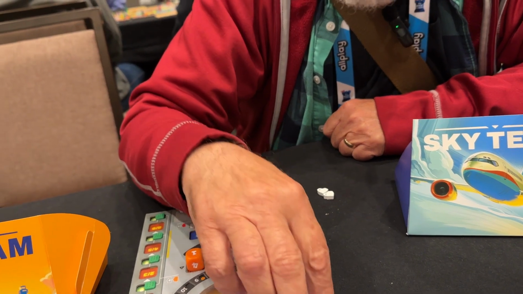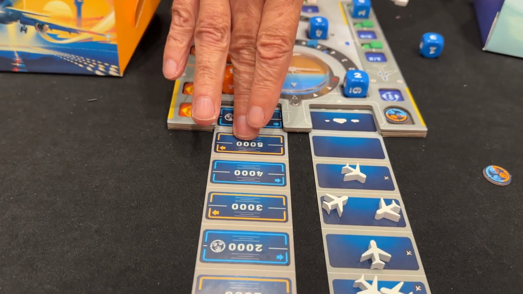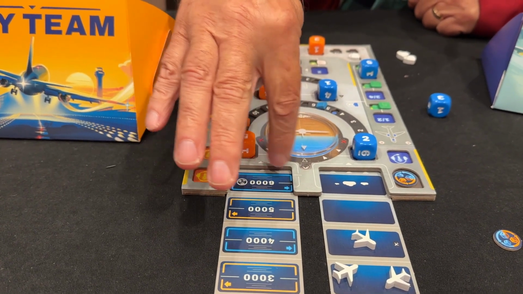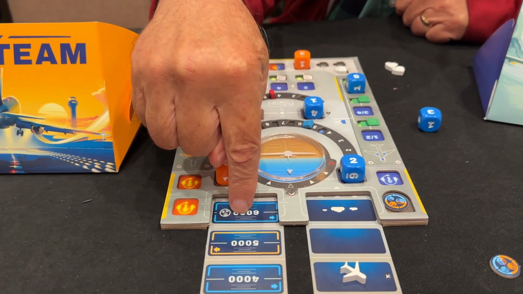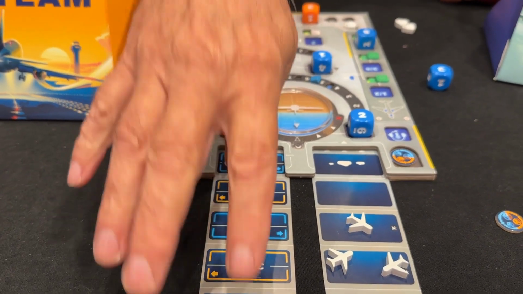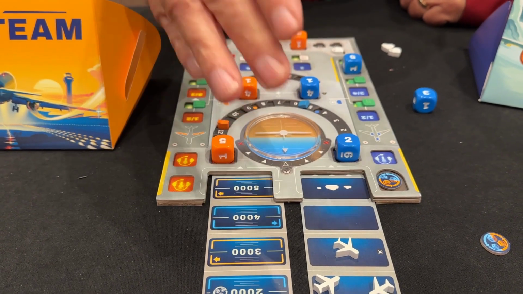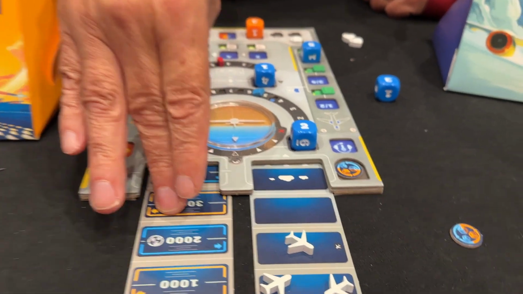And then the pilot only has 1 chance to do that. Co-pilot has 2. And then on this tracker, this is your altitude, and it has a blue line around it or an orange line around it. If the blue line is around it, then the pilot goes first that round, the co-pilot that round, and so forth. And then once the round is over, that moves down, and you're slowly coming down, dropping your altitude, approaching the airport,